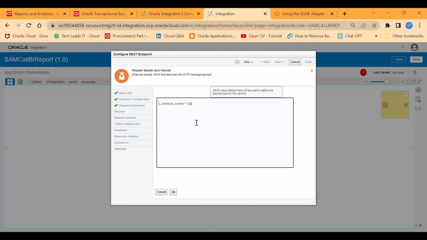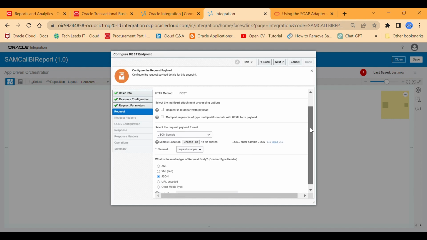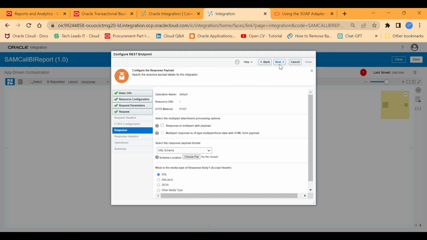So I will do 120 as of now, as we have the value as a default, but you can pass any. This is a JSON. Now going forward to the next, this is your request, now it is your response. Again select JSON. Now one interesting fact about this is that you need not write these JSON files. You can go to freeformatter.com